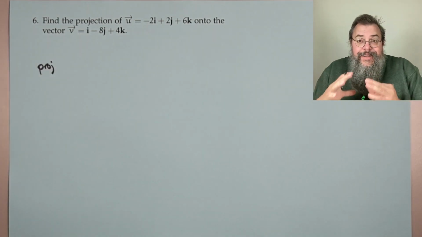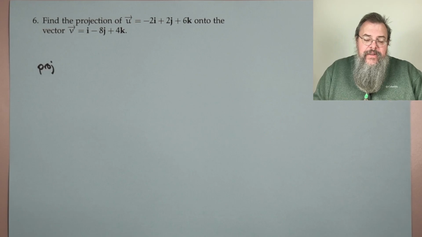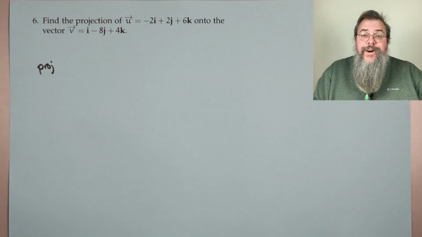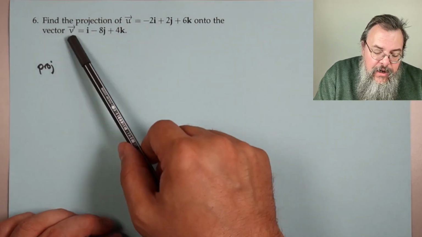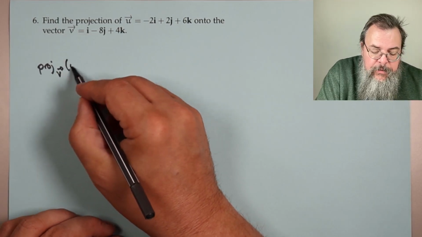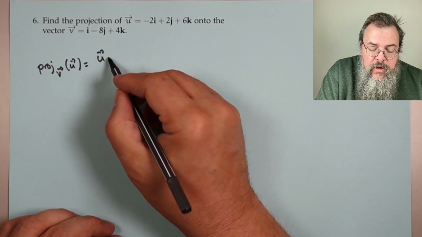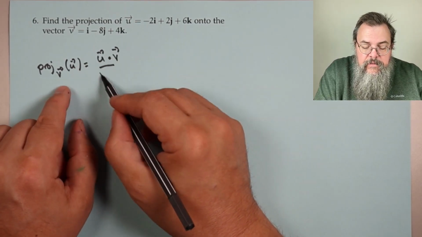One of the easy places to mess up a projection problem is to change the roles. In other words, which vector is the one that we're projecting onto? In our case, we're projecting onto v. So we'll put the v down here, and we have our u. And the formula is u dot v, so take the dot product, over v dot v,